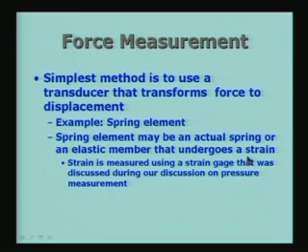So, the strain is nothing but a displacement, and the spring element is an elastic member. It may be in the form of a rod, or a beam, or a ring. Any of these elements are possible. The displacement occurs because the material behaves as an elastic material. When the strain is very small, the stress is proportional to strain. This is called Hooke's law, which is familiar to us.